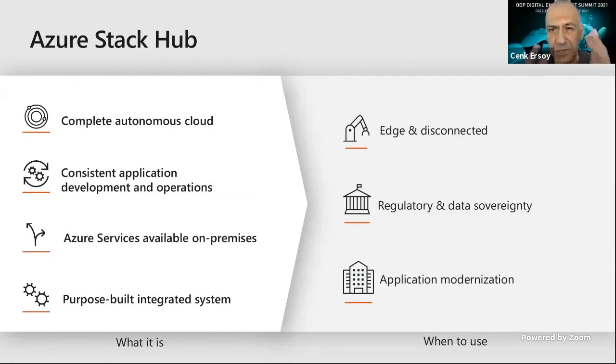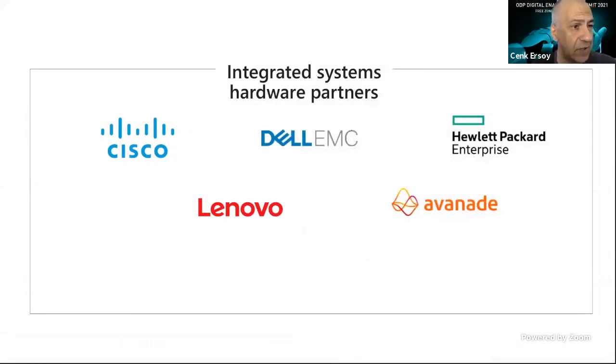It's an appliance solution. Customers use it to keep things at the edge, and it can even operate completely disconnected. There's another mode of configuring it. And your data never leaves the Azure Stack Hub unit, and it runs completely local. All the VMs and applications and security run completely isolated on the Azure Stack Hub appliance. So this is great for data sovereignty, as we earlier talked about. Since the APIs are identical to Azure, it's a great place to do app modernization, which we will talk about if I don't run out of time first.